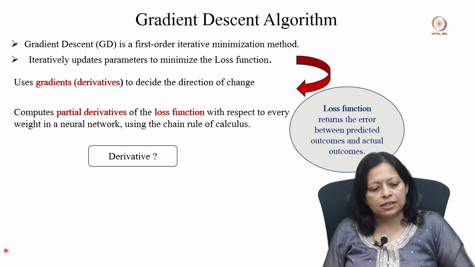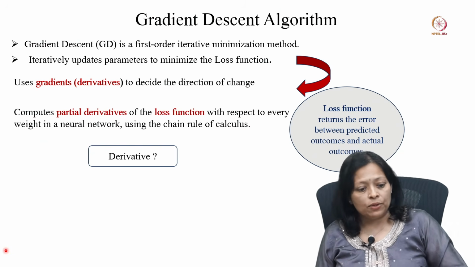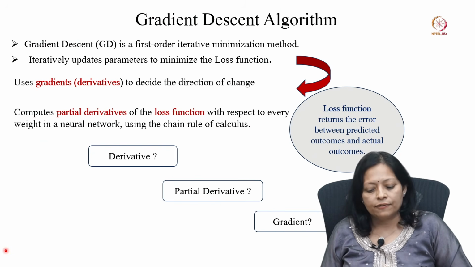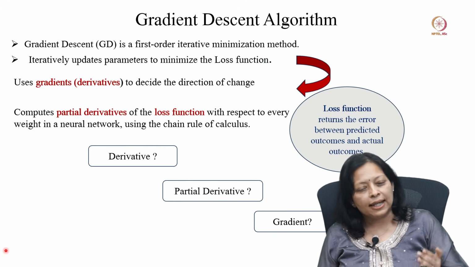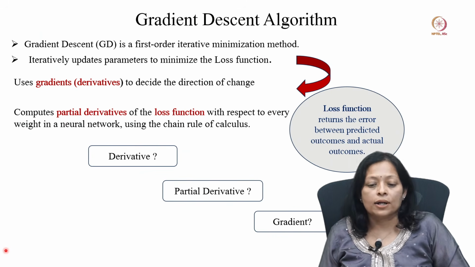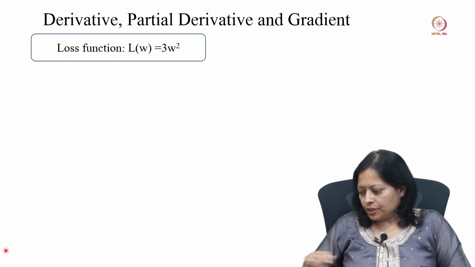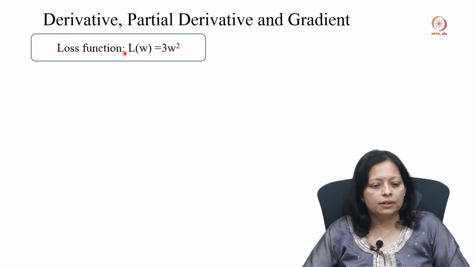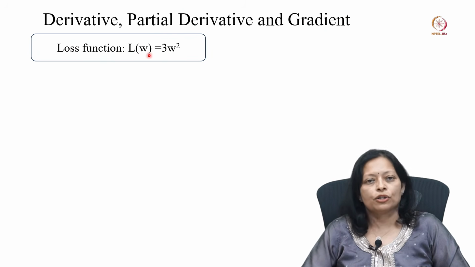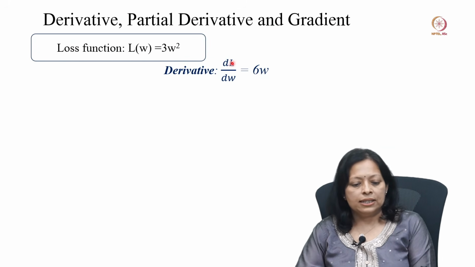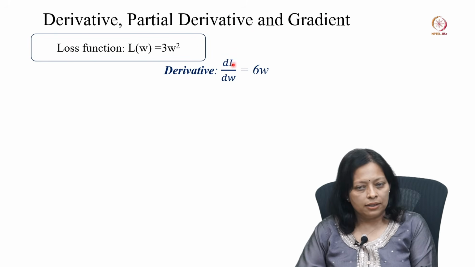Now, we will look into, as I told, one by one, what is a derivative, what is a partial derivative, what is a gradient, and then we will proceed to understand what is the gradient descent algorithm. Now, suppose we have a loss function L, which is a function of the weight, and it is given by 3w square. The derivative of L with respect to the weight w